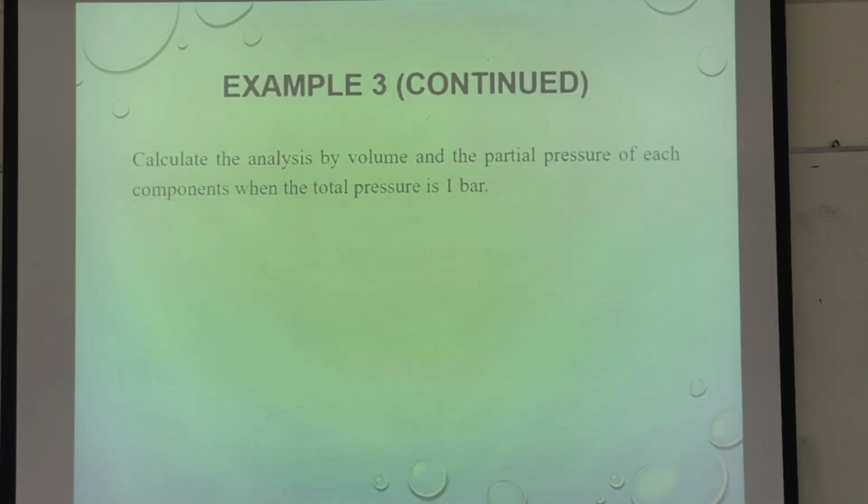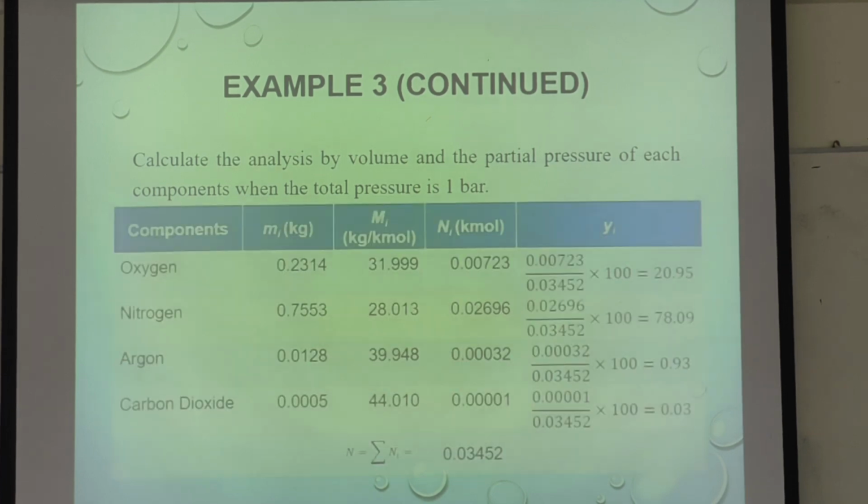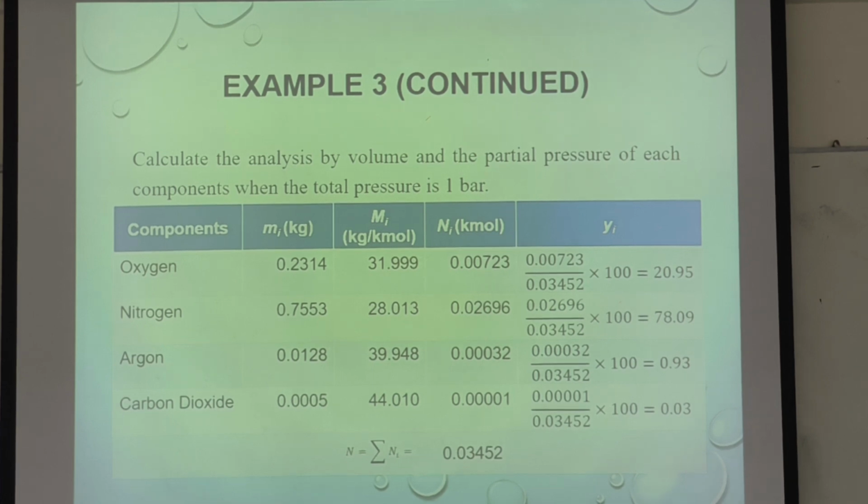Okay, so we continue from example 3. Calculate the analysis by volume and the partial pressure of each component when the total pressure is 1 bar. So this one actually is quite straightforward as well. We have mass 1 kg, we know the mass fraction of each component, we know the molar mass of each component. So then,